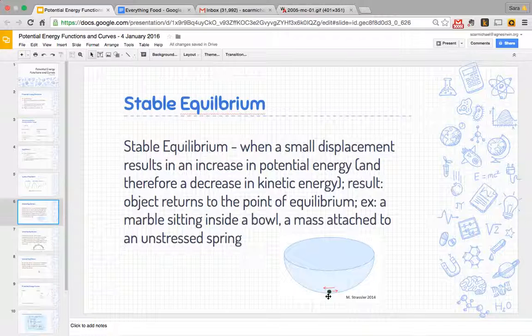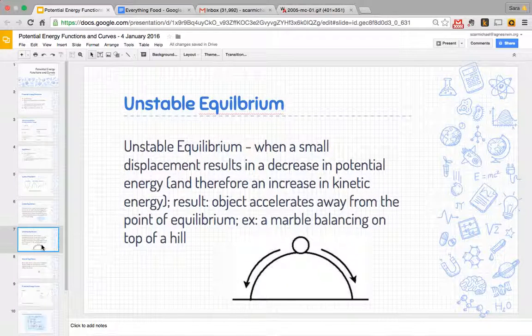So again, if you think about this marble, if we give it a push, it rises up the side of the bowl, it increases its height. That means its potential energy increases, and that increase comes from its kinetic energy, so it slows down, and then it'll come back down, and its potential energy will turn back into kinetic energy as it comes back down. Unstable equilibrium is the exact opposite. It's when a small displacement results in a decrease in potential energy,